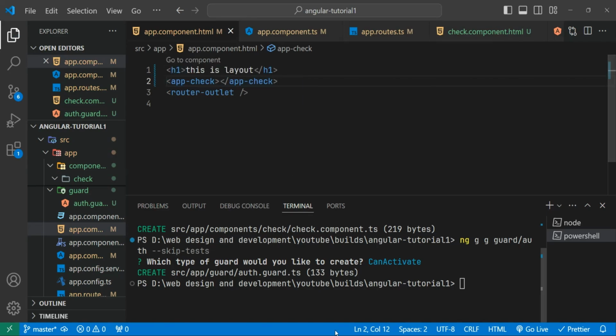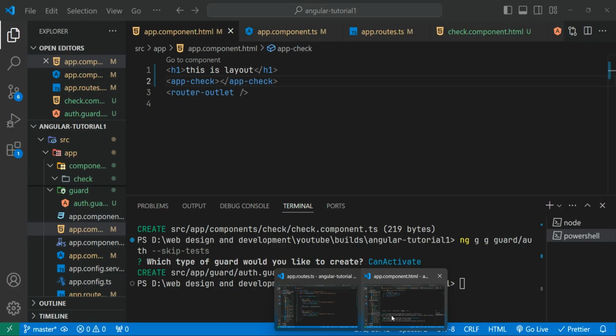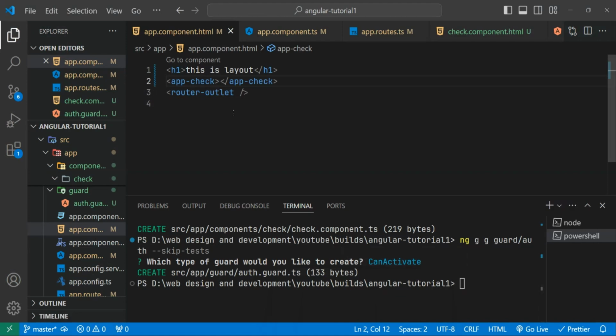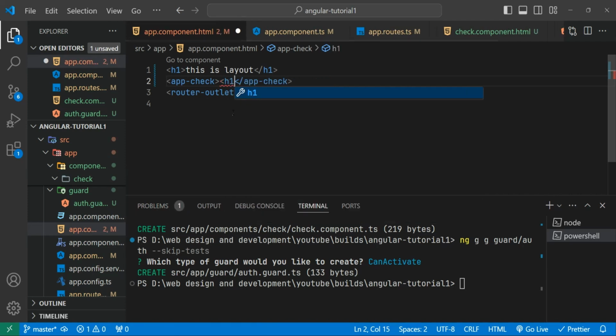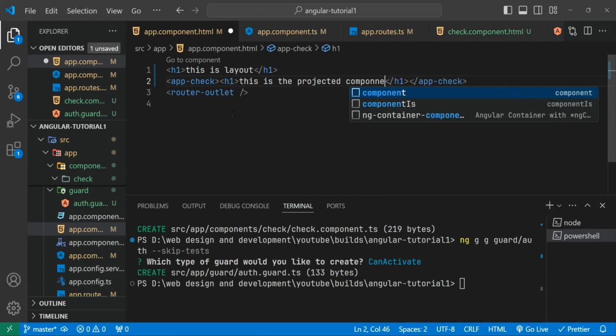Now when I render this, it will show like this because it has some error. We didn't give any component inside this. But if I create h1, and this is the projected component, and save it,